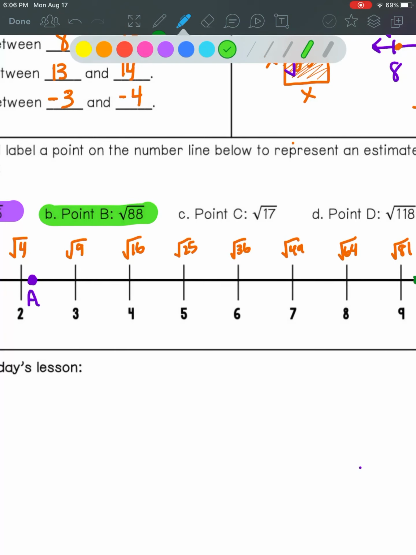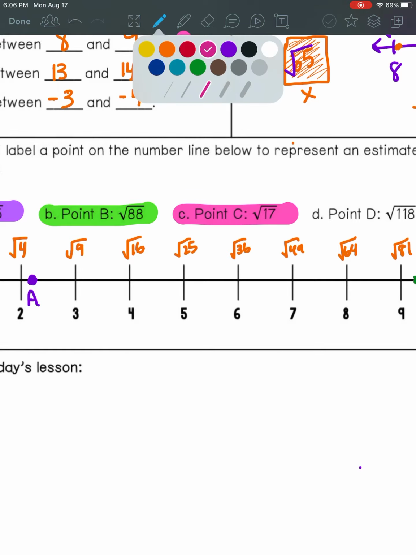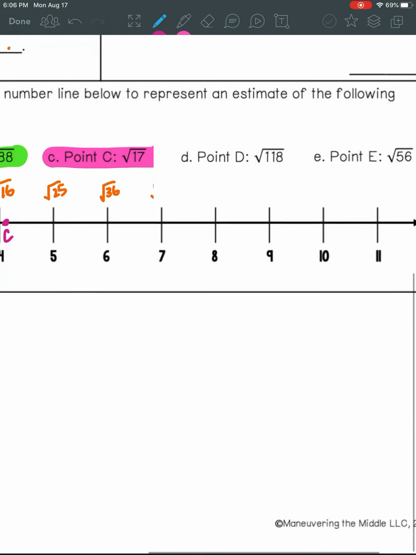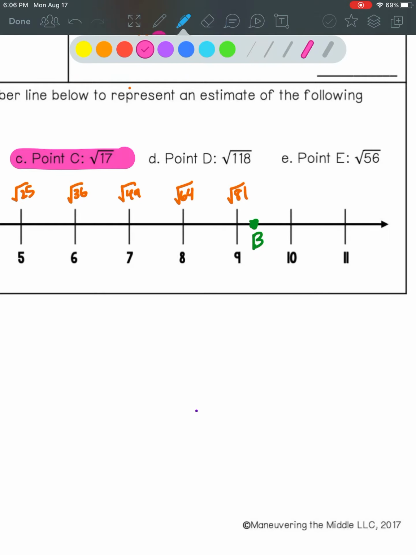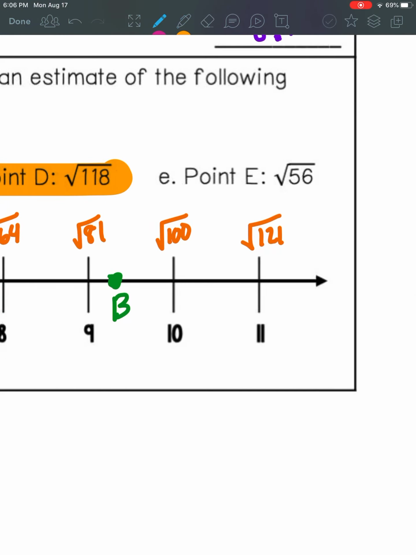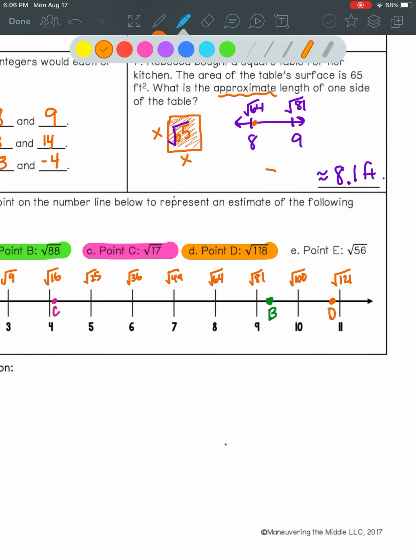Point C, the square root of 17. So that's going to be really close to the square root of 16 because the square root of 16 is our perfect square. So I'm going to say, actually I'm going to put it even closer. And that's going to be C. D, we got the square root of, I'll do orange, 118. So that's going to be past 100, and it's going to be awfully close to the square root of 121. It's only 3 away. So that is D. And then E, let's see,